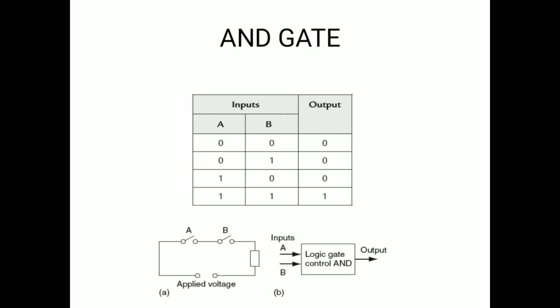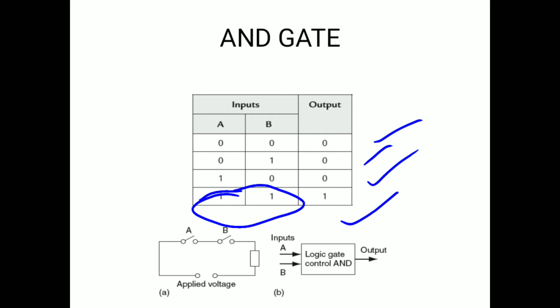We know in an AND gate, if we have two inputs, we will have different combinations of inputs. It will be 0 0. In that case, your output will be 0. In 0 1, it will again be 0, and 1 0 also 0. For 1 1, it will be 1. So when both the input switches are on, it means A will be 1 and B will be 1, both switches will be closed, and then the output will be 1.